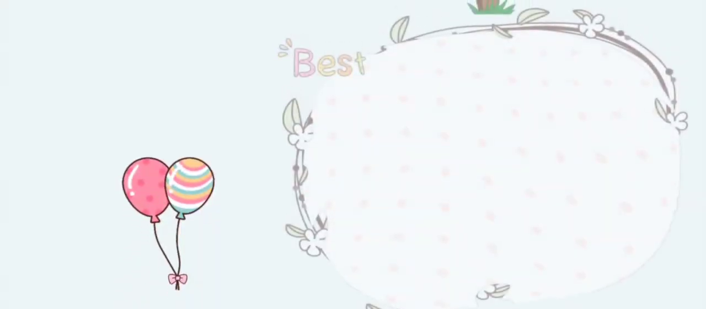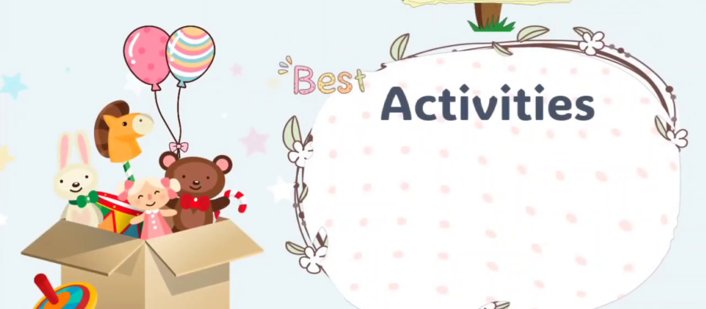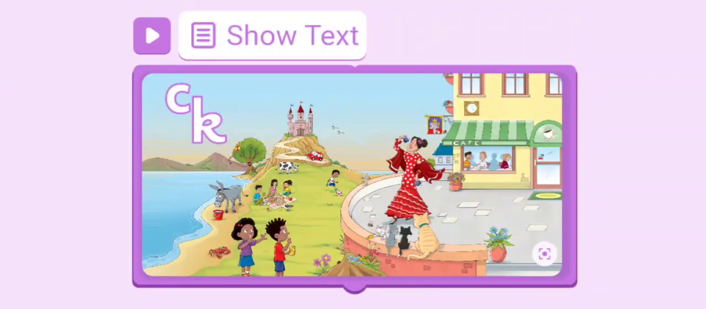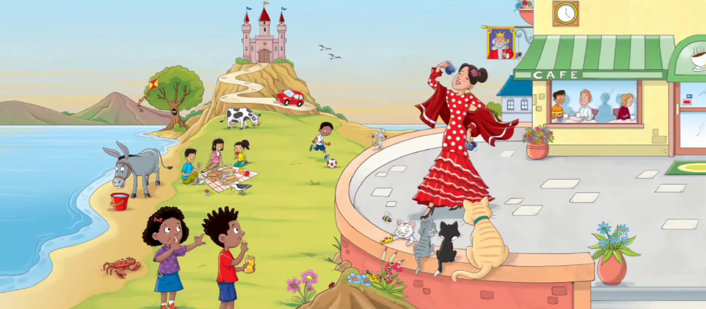And now it's activity time, so let's start. Activity number 1. Listen to the story and say the words with k sound. The Khan family is on a trip to Spain. In the morning, they hire a car and visit a castle high on a cliff. On the way back, they pass a cow grazing, some people having a picnic, and a donkey drinking from a